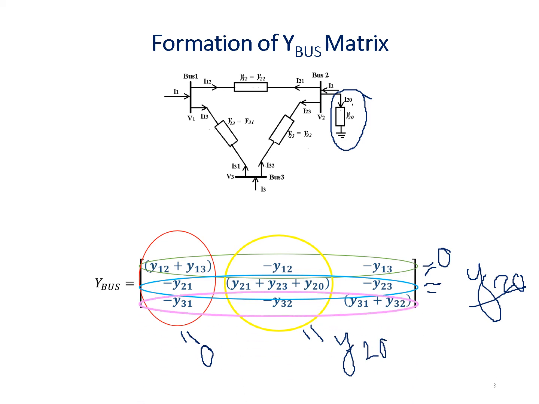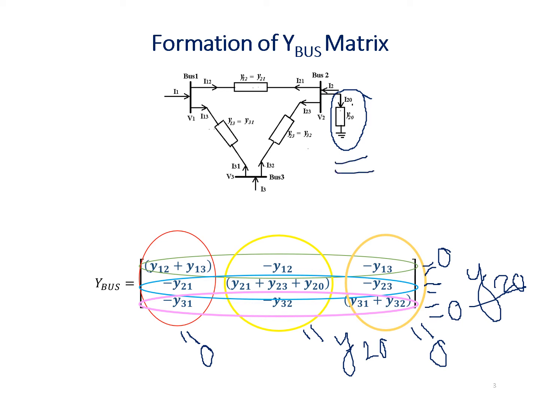Now if you perform the row wise sum of the third row, that is equal to 0. Similarly, in case of column wise, that sum is equal to 0. Now you can easily identify in which bus shunt element is present, either row wise or column wise. So in that case, the shunt element is present only in the second bus.